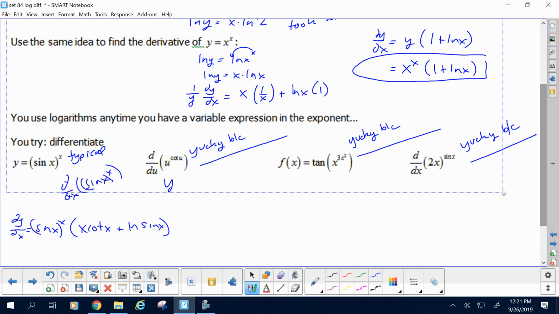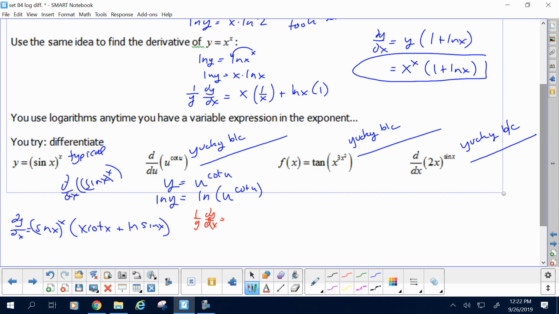You say let y equal u to the cotangent of u. And that most definitely does not break math. That's creativity, not breaking math. And then you can take the log of both sides. So if you don't get a two-sided expression, make a two-sided expression so that you can do your thing. You with me? Yeah. So you get something like 1 over y dy dx equals,